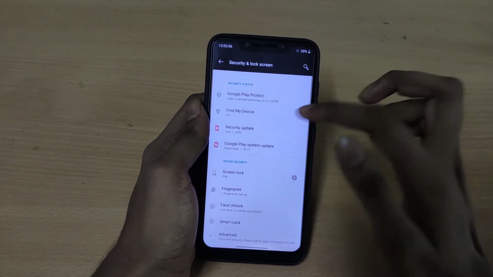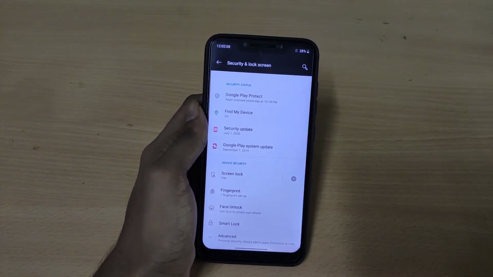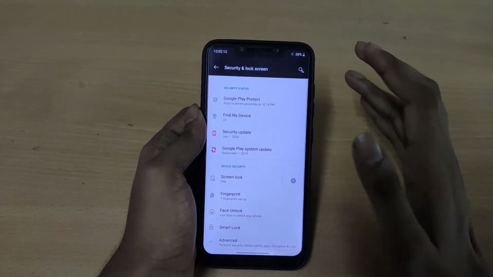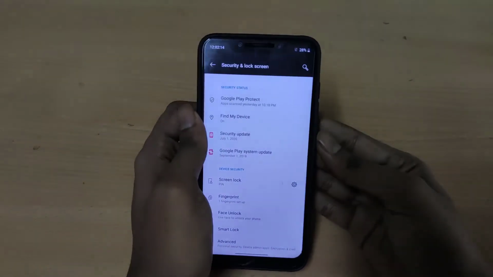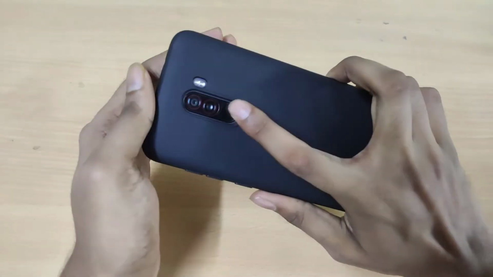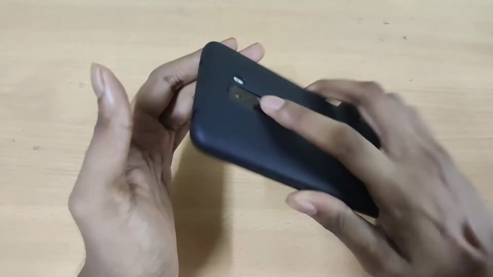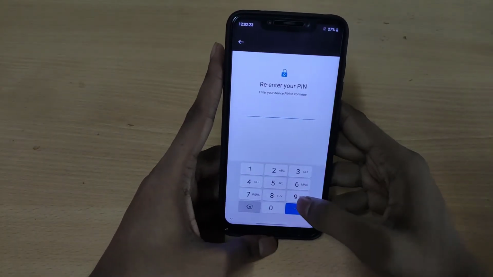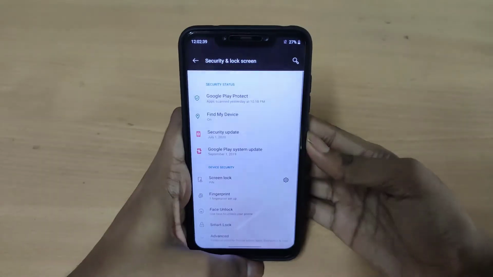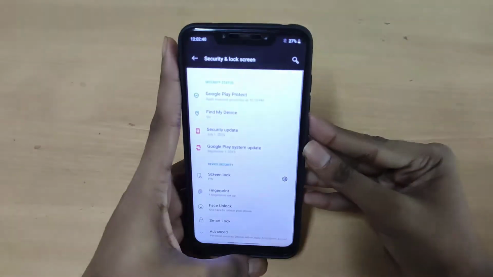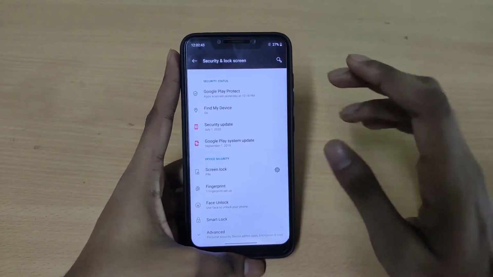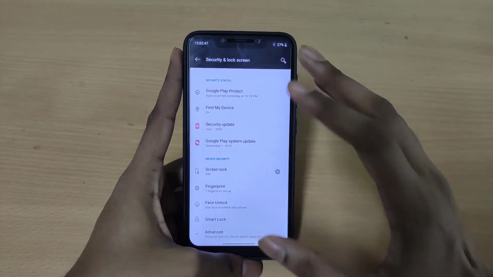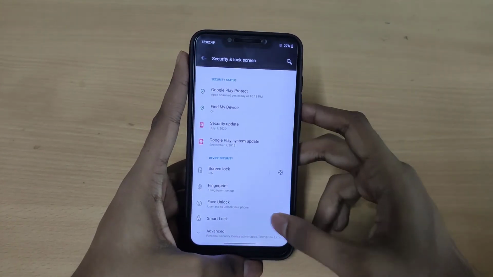As you can see, the security update is up to date. As you can see, it's not too old, and the fingerprint scanner is working perfectly fine, as you can see here. And let's check out the face unlock. And as you can see, the face unlock is also working fine. You won't get option for the IR face unlock, so it will only work in good lighting condition,